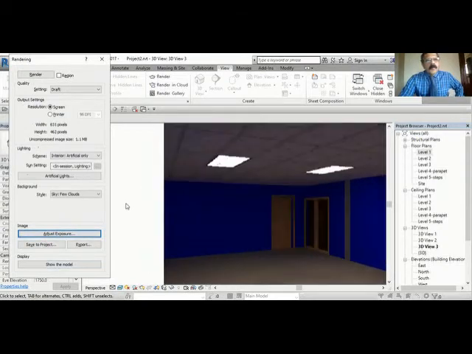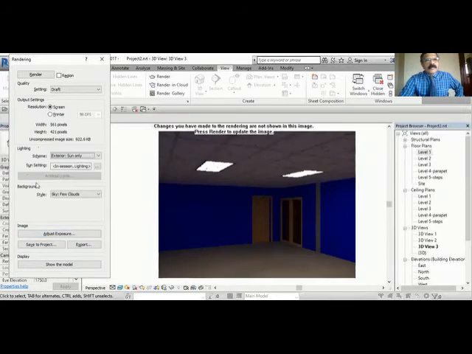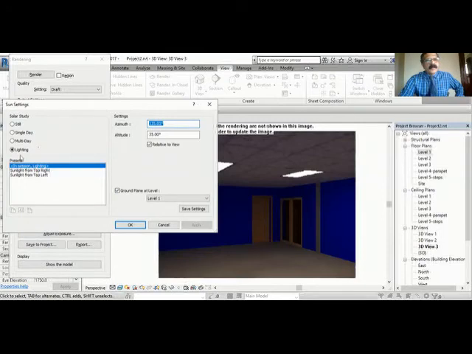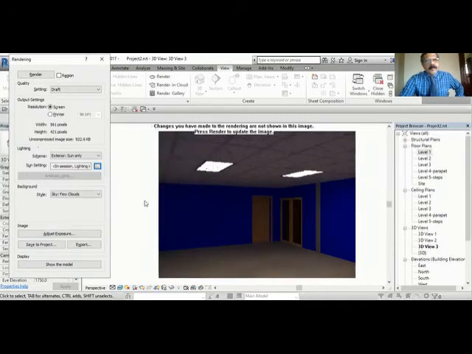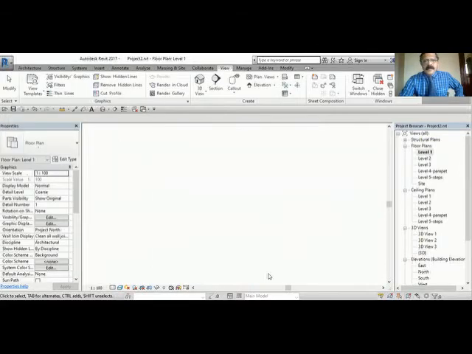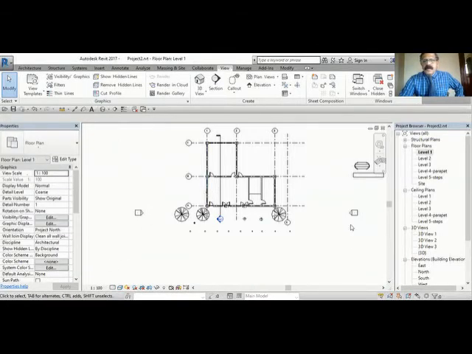Okay. When you select the sun only, there are some other setups available for the sun position and other things. You can just try trial and error later. Now one thing is that this is an inside view. For the outside view, we did not make any outside view with the camera. There is no camera outside. We'll make one camera outside.